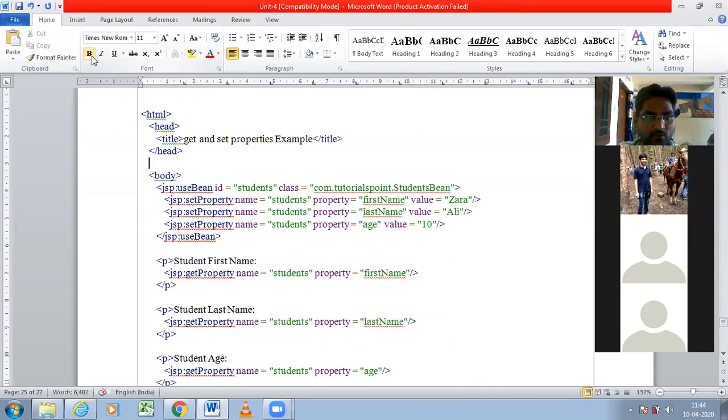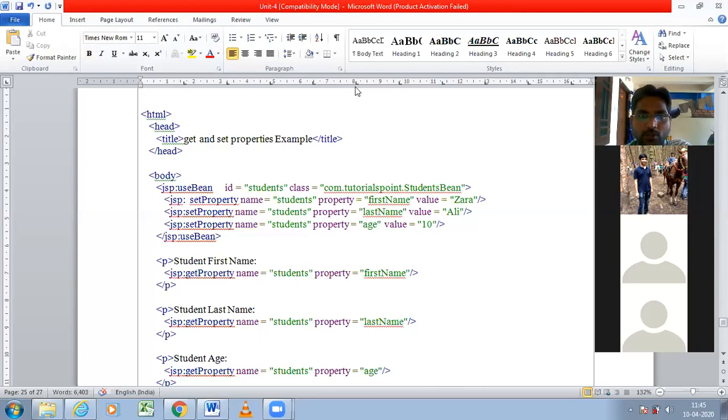First, I have to create one Java Bean by using the useBean action, with attributes and values. Then after that, I want to set some property. To set that property, I am using one method here. setProperty name is one method, and getProperty name is another method.